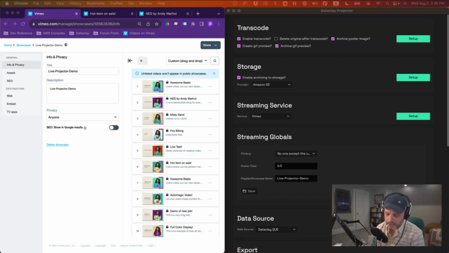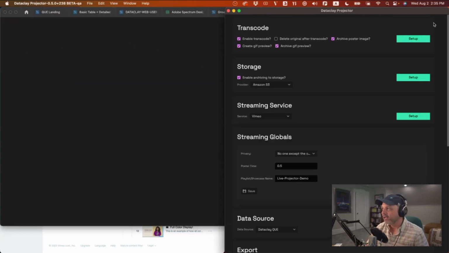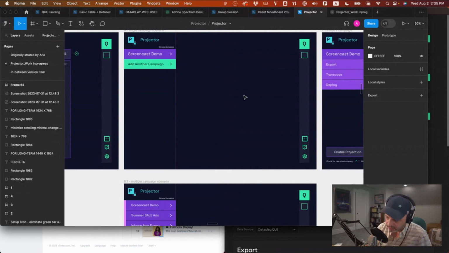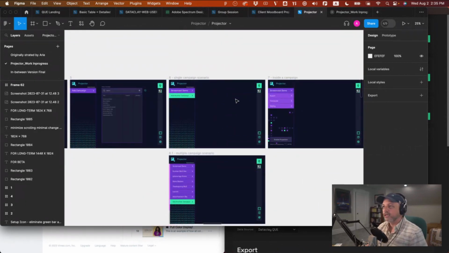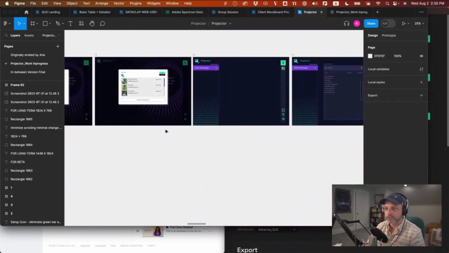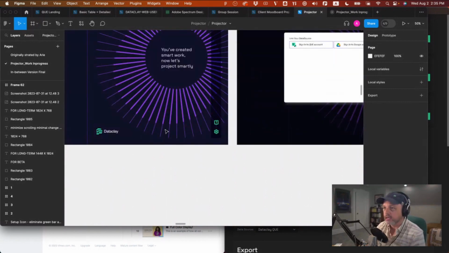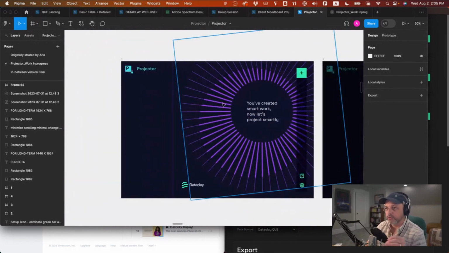So yeah, just so y'all know, I'm going to share a little bit about where Projector's headed. You can see that the UI is very basic, but it works, right? Functionally, we needed to build it. We've been putting a lot of effort into the design and understanding more about how people are going to start thinking about campaigns with Projector. And so we're looking at the future of the interface, right?